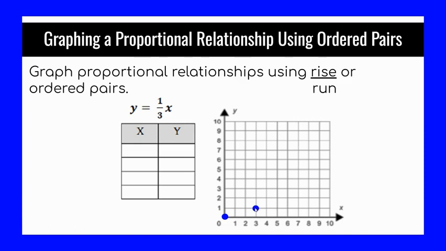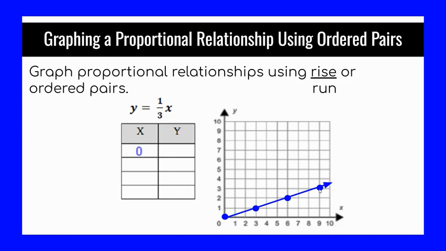Rise over run. So from this new point, I go up 1, and I go over 1, 2, 3, put a point. Pattern going, rise over run. I go up 1 and right 1, 2, 3. I've created a line. But if you wanted to use the other method of picking points, you would pick multiples